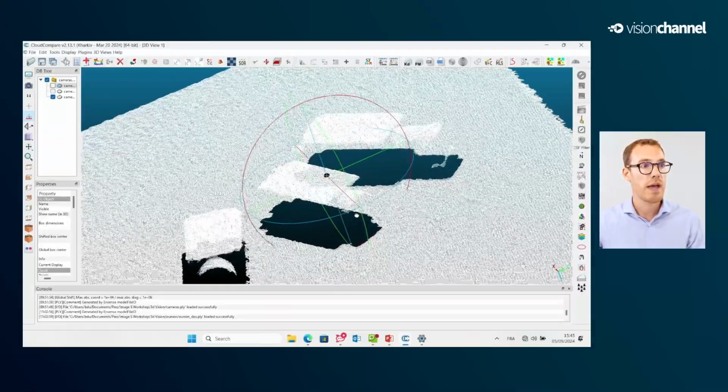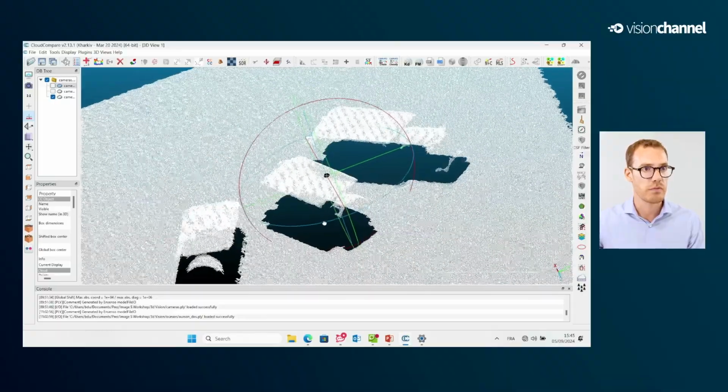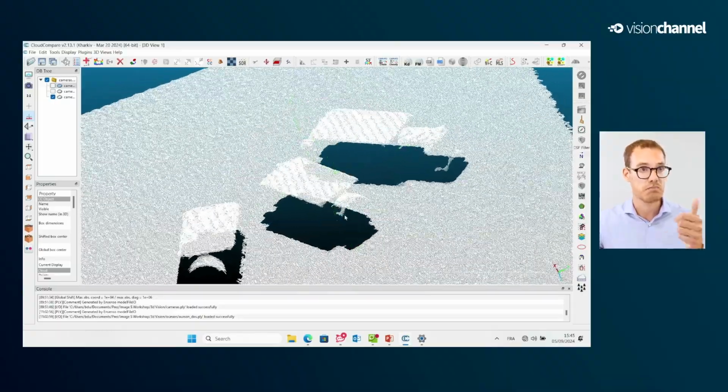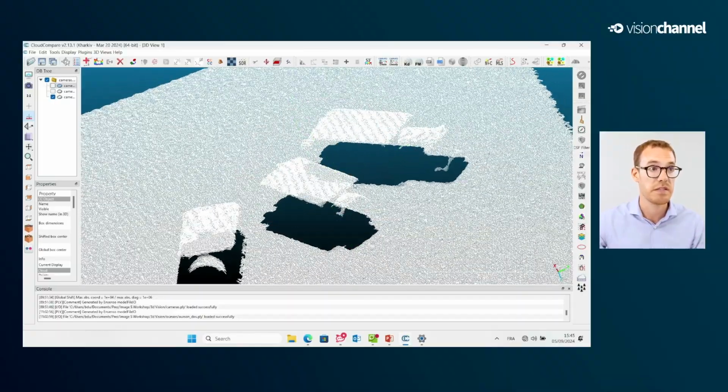Those are two different ways to show the same information. Each pixel contains the localization of the information in space. But computing a point cloud takes time and resources. You need a GPU. So sometimes some algorithms require that you compute the point cloud, typically a 3D matching algorithm that you will use for a pick and place application. You will need to compute the point cloud, but it is not always necessary. For presence absence detection, you don't need to compute a point cloud and you can save GPU resources.